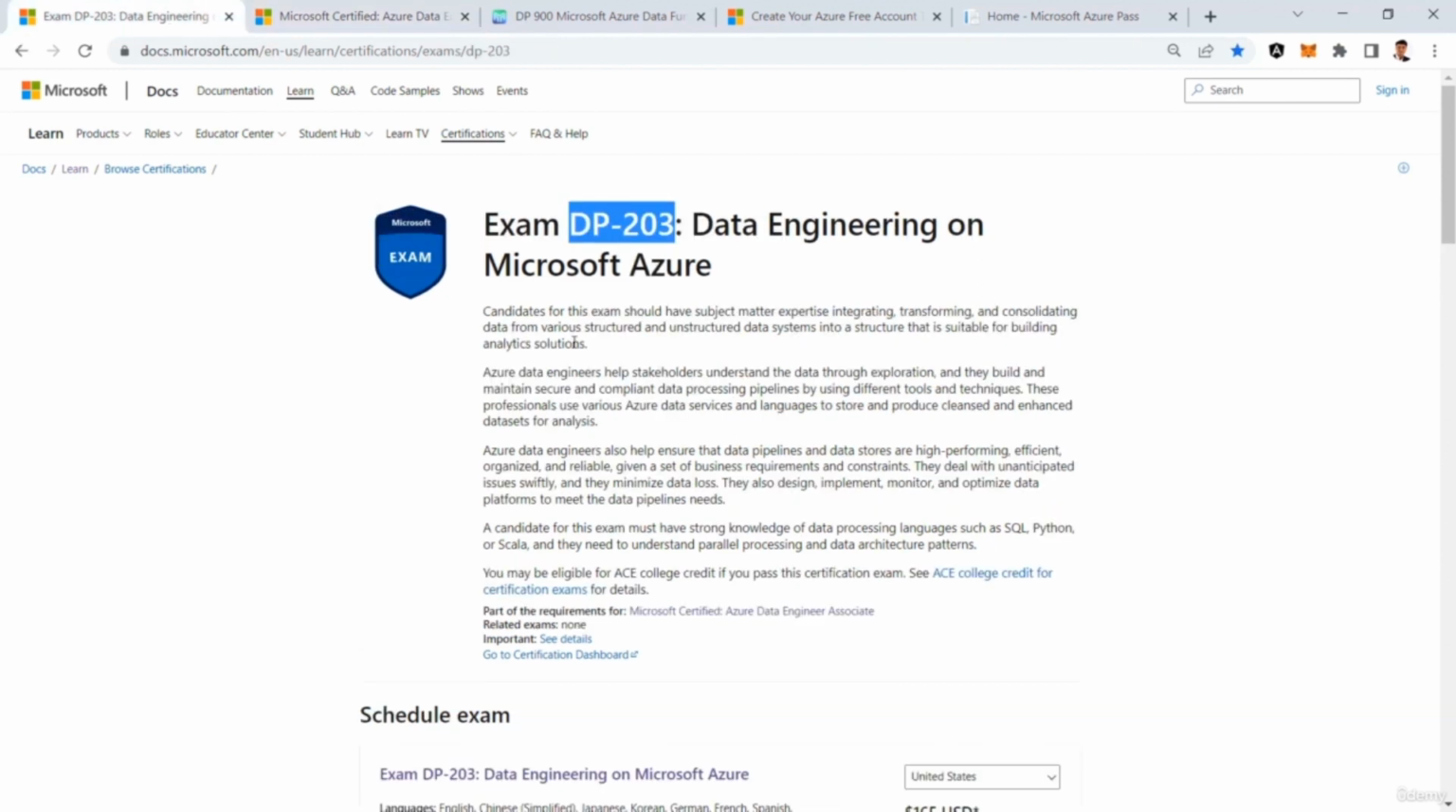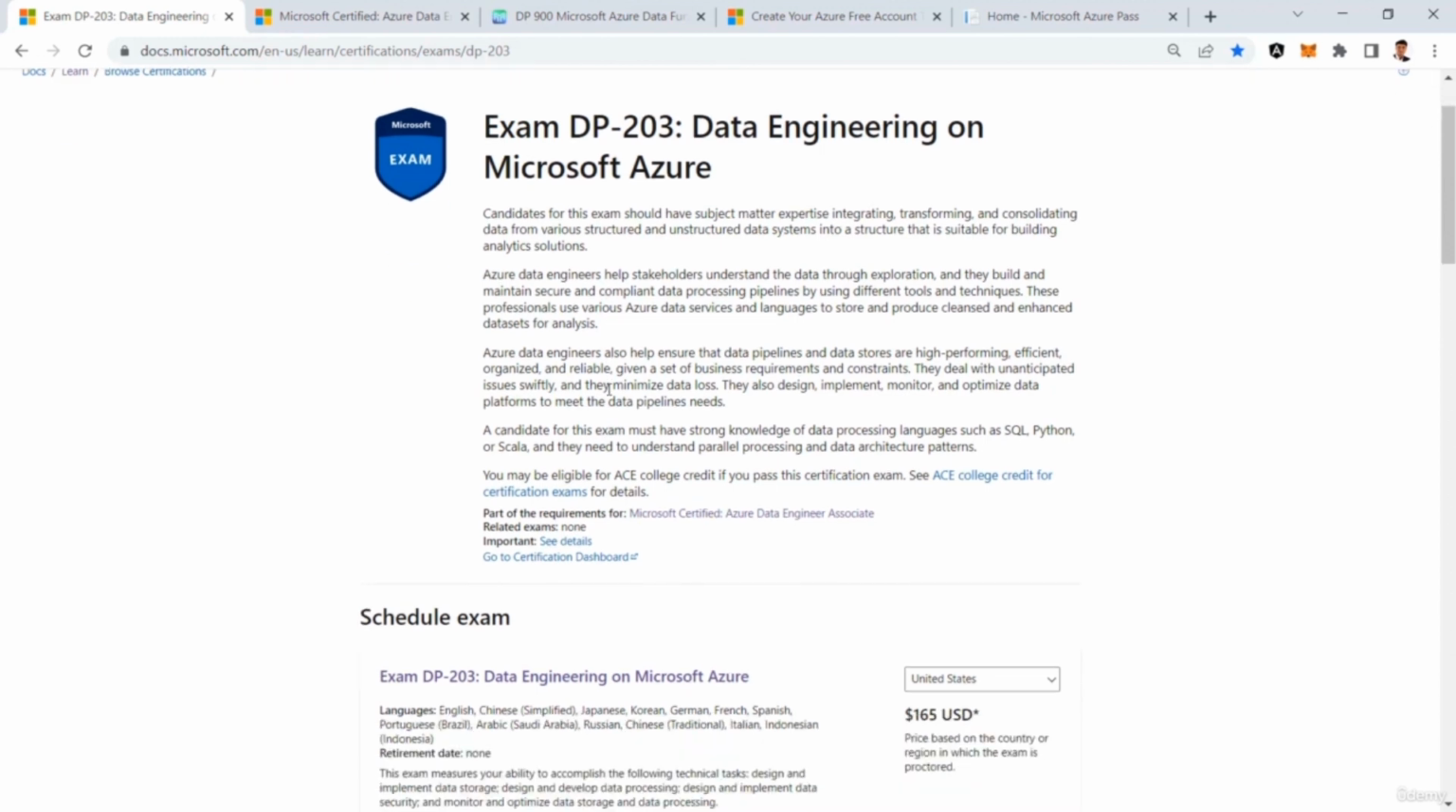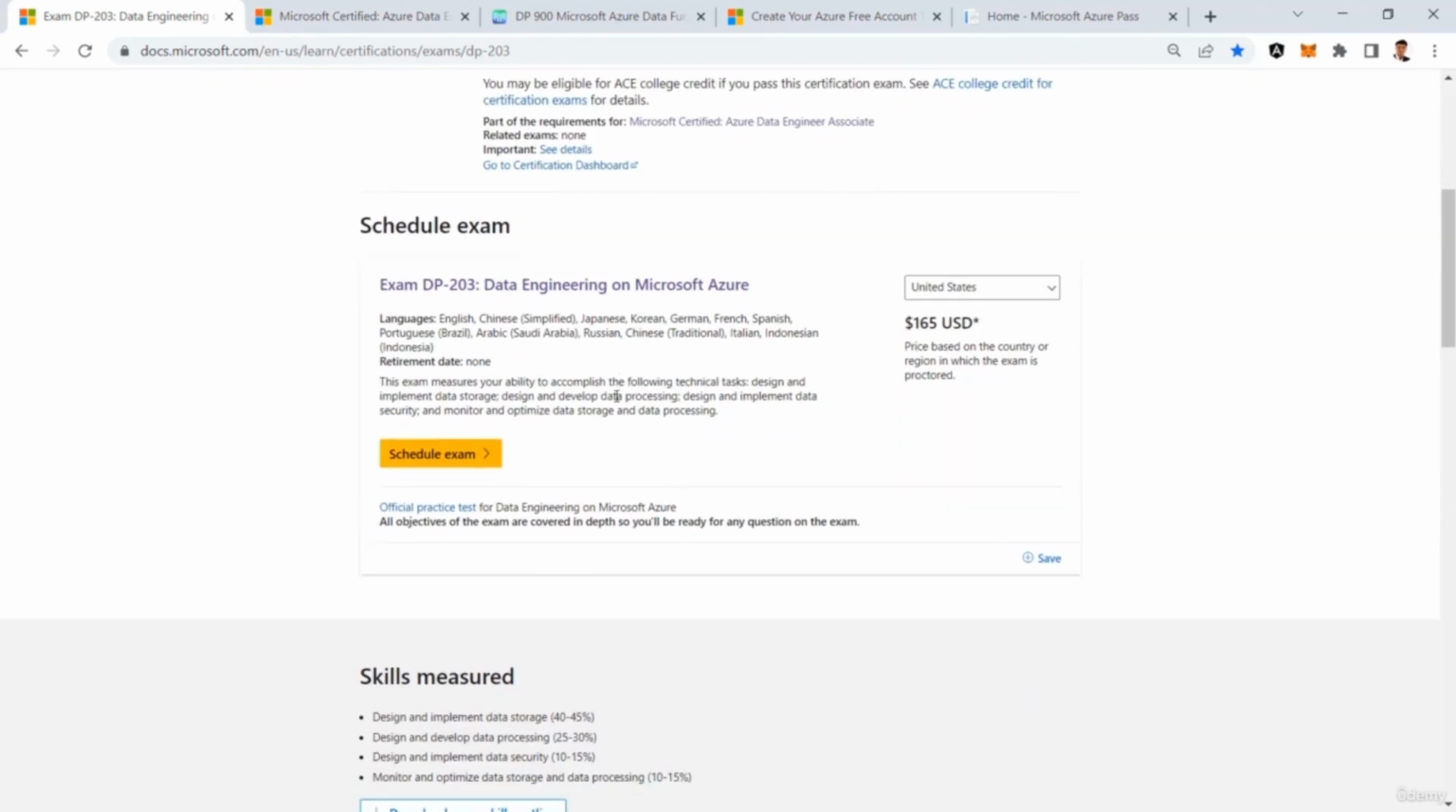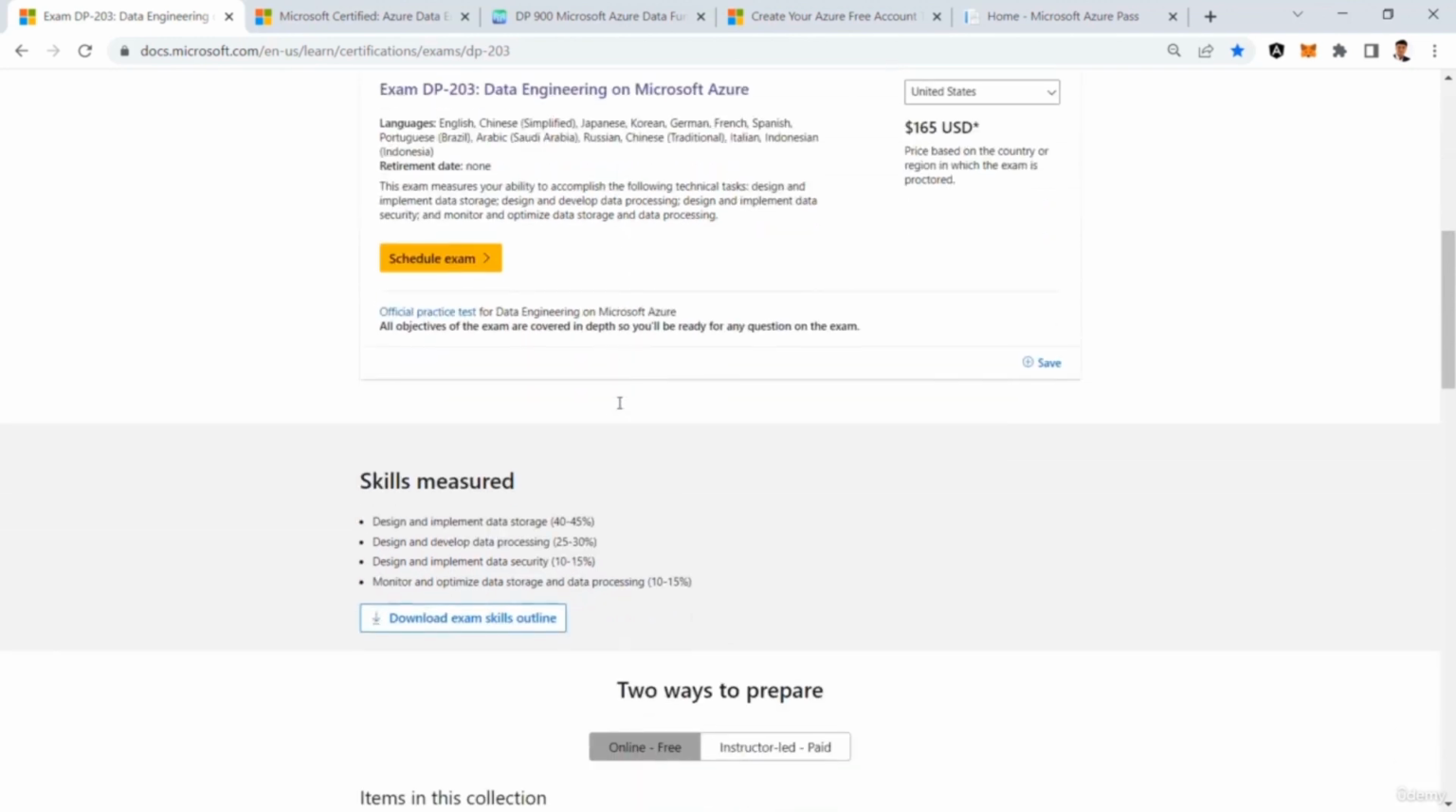Those who are already planning for DP203, or who are already data engineers working on Azure Cloud, can go through this course, and this is going to be the perfect choice for them. But yes, those who are not very familiar with Azure Cloud, or those who are very newbie into this one,